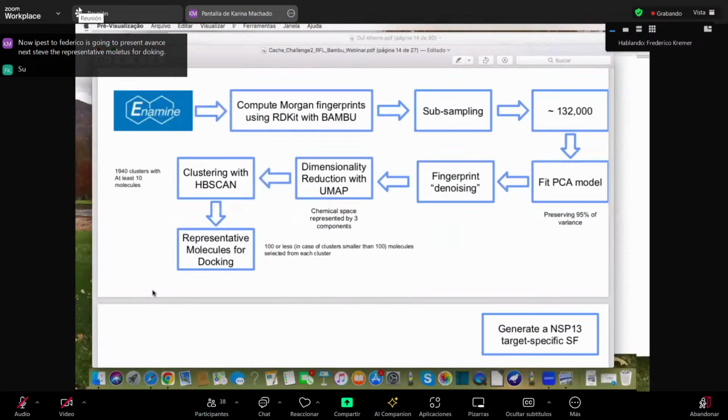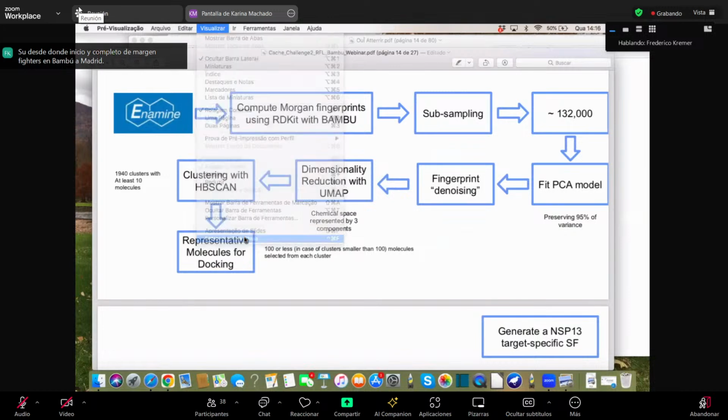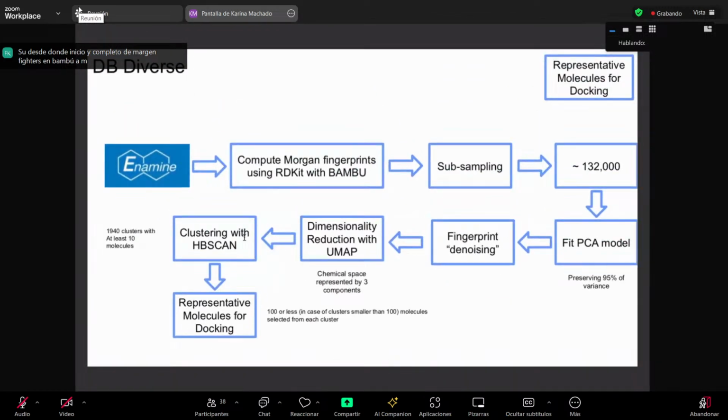So based on the initial data set from Enamine, we computed the Morgan fingerprints using RDKit and Bamboo, which is a QSAR modeling pipeline we have developed at my laboratory. Based on these fingerprints, we performed a random subsampling just to reduce the number of molecules and allow us to perform a fitting of a PCA model. So we reduced it to something about